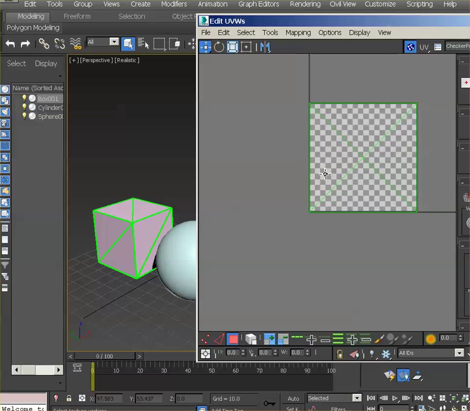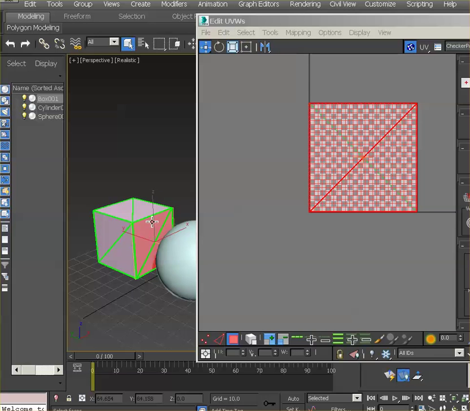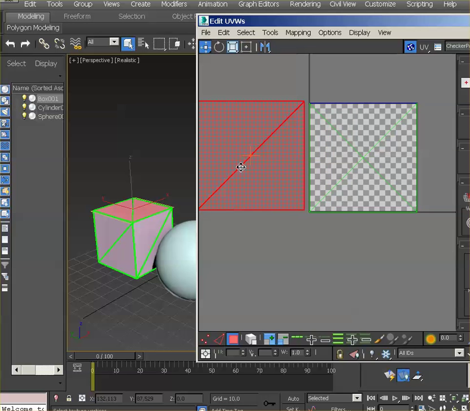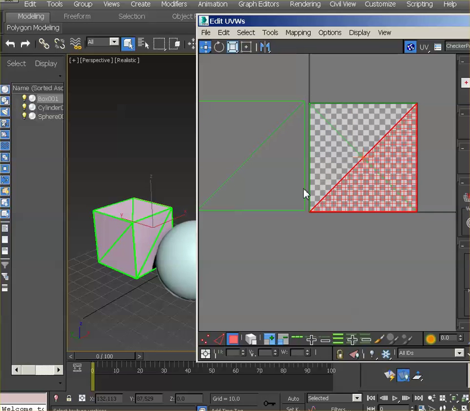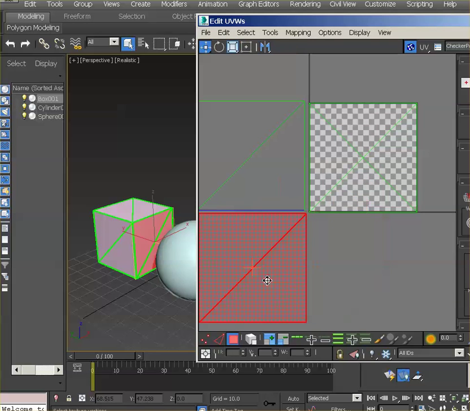If you click here on the window, you're going to notice that all the faces are one on top of the other. In the case that all the sides are the same, it's okay, but what you want to do is separate them. Okay, and I'm not sure why it's doing that, but let's